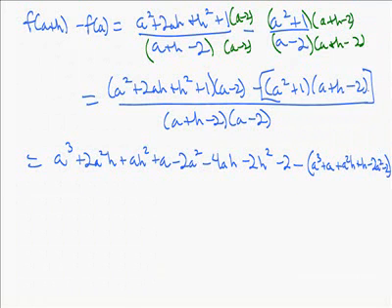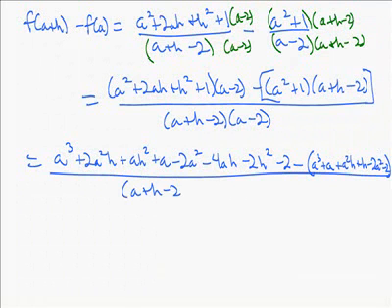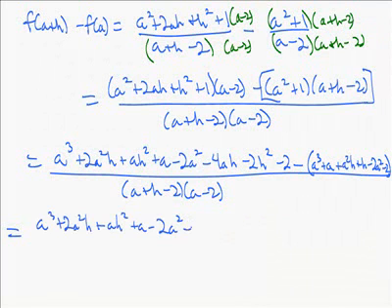The a through, the h through, and the negative 2 through. Alright, all that then is over our common denominator of a plus h minus 2 times a minus 2. And so what do we have? We have a cubed plus 2a squared h plus ah squared plus a minus 2a squared minus 4ah minus 2h